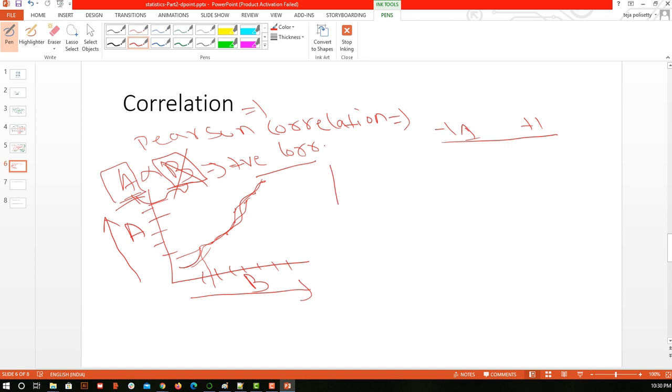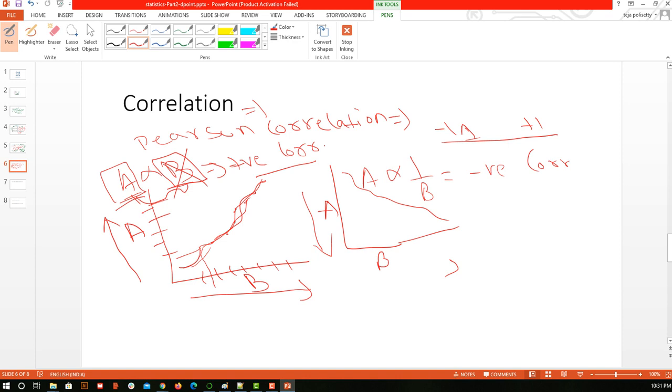Let's say there is a column A and a column B, and the curve is like this. Here I can say that when B is increasing, A is decreasing. Again I can say that A is inversely proportional to B, or that it is negatively correlated. Positive means directly proportional, negative means inversely proportional, but overall I can say that there is a relation between these two columns.